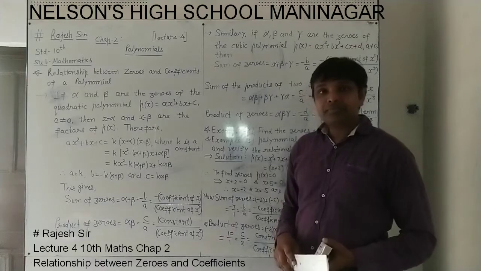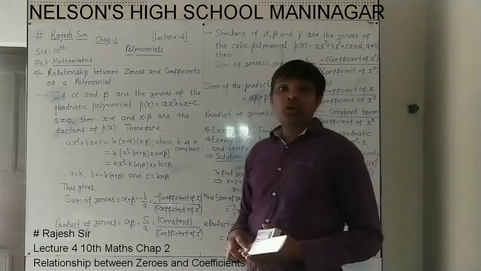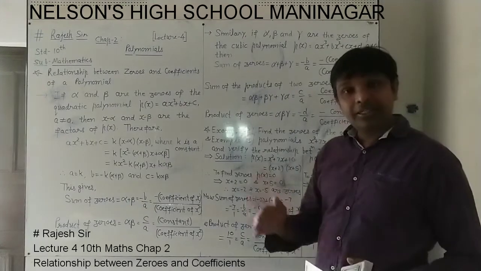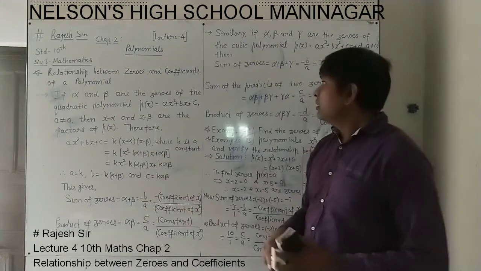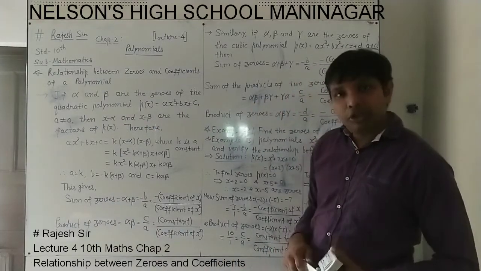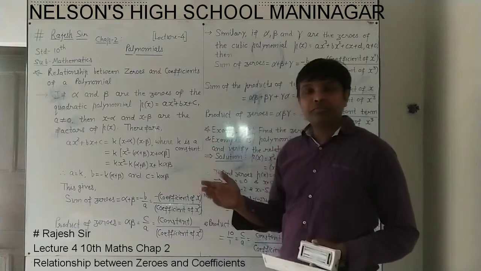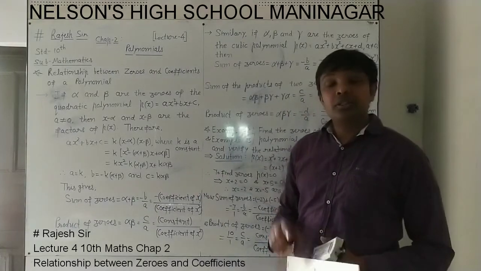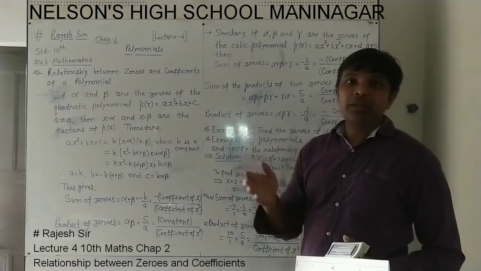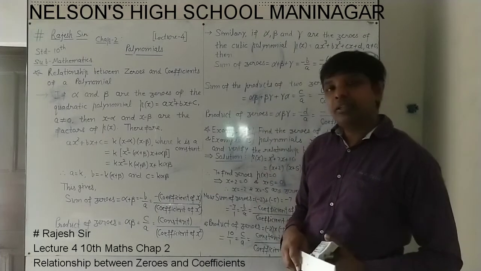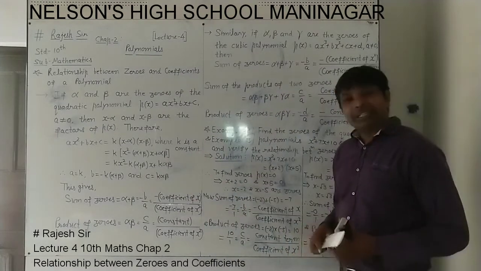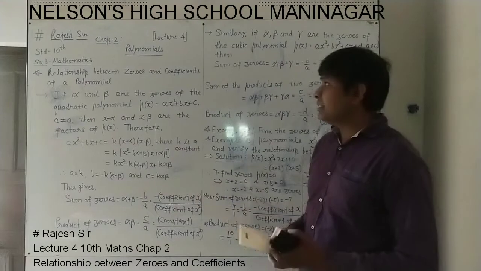And in the last lecture again we have seen what is the zero of the linear polynomial and what is the relation with the coefficient of the polynomial. As we have seen, a linear polynomial is ax plus b in standard form and its zero is only one, exactly one zero, and it is minus b upon a, that is, minus the constant upon the coefficient of x. So about the linear polynomial we have seen in the last lecture.